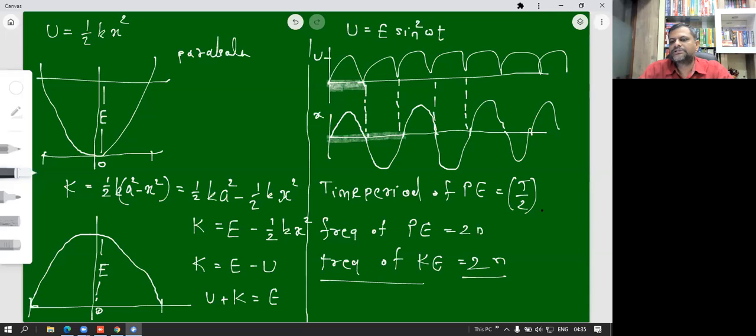तो ये अच्छा इंपॉर्टेंट पॉइंट है जो नोट करने जैसा है, और याद रखो इसको ठीक से। Time period of the potential energy और kinetic energy in SHM is always half of the time period of particle, and the frequency of potential energy or kinetic energy is just double to that of the frequency of the particle. So ये बात अच्छी तरह से याद रखनी है। चलो ठीक है।